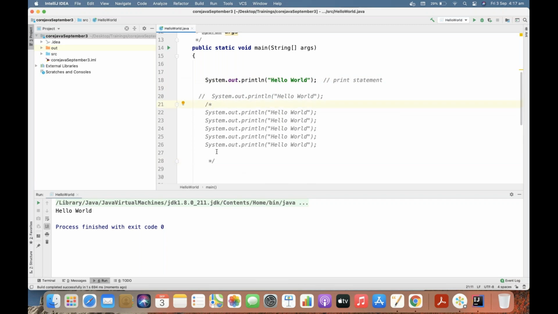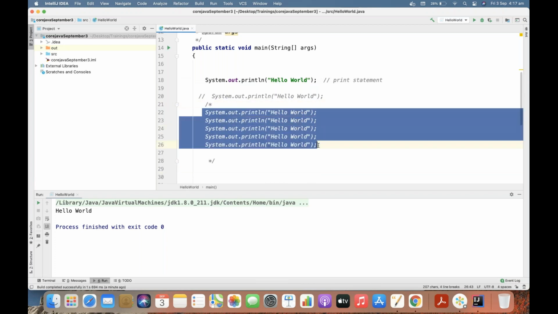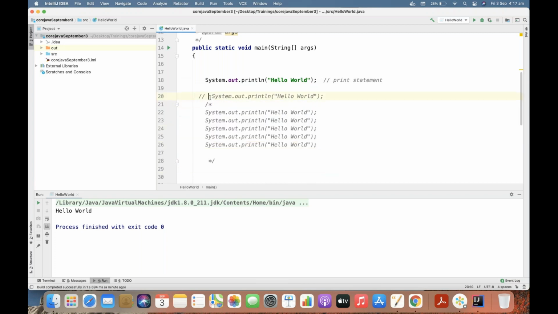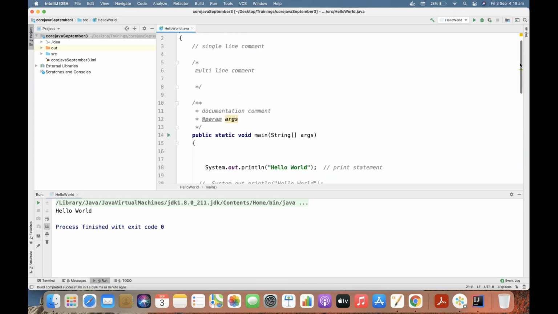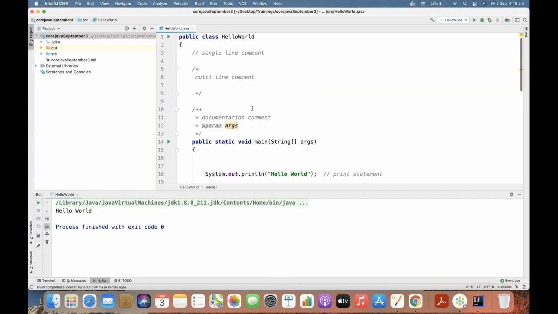Multi-line. Currently the code is not so meaningful, but when you write some actual code related to something in Java, then you can definitely utilize multi-line comments to block some of the code from executing, because you may want to execute it later on for some reason. Then you can utilize multi-line comments for many lines of code, or single line comments for one line of code. Also, I'm using this for markup. So that is the purpose of using comments. Is it clear? Yes.